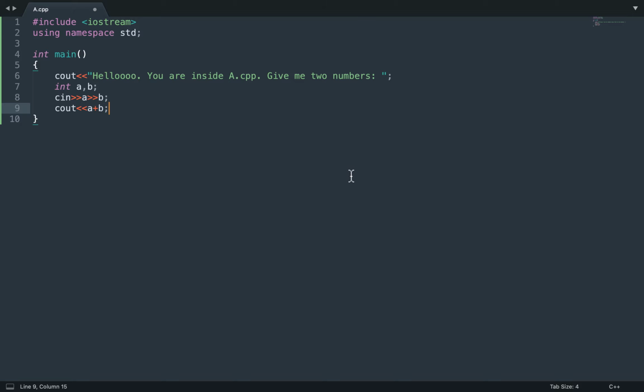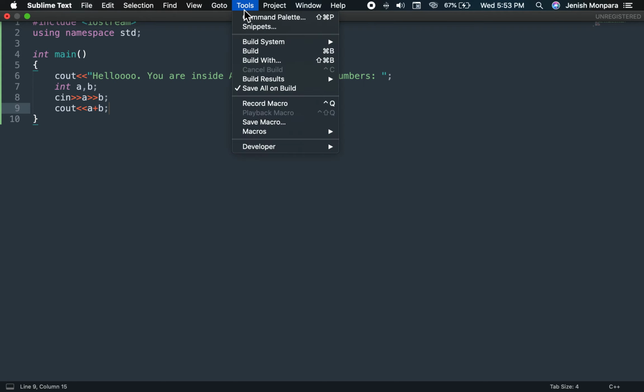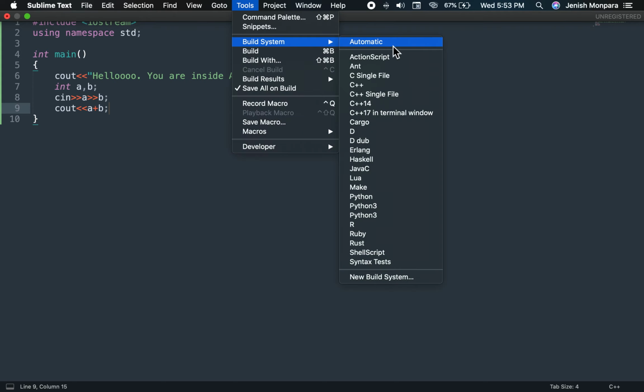So now we want to run this program. To run this program, you will have to create a build system. Go to Tools and Build System. If you have just downloaded Sublime, you will only see C++ and C++ Single File. They will not work with your system's console properly, or they will not take in the input. To solve this issue, click on New Build System,